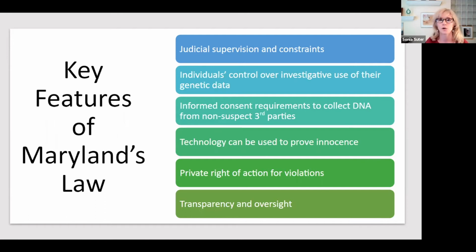And this goes to Cari's point about trying to have policy that builds trust in the public about science. So the transparency and oversight is achieved by requiring a public report each year about how the technology was used, and then a review of that report by an expert panel with the option to make policy recommendations. So I think this is an example of policy making that really works by bringing all the relevant parties together.